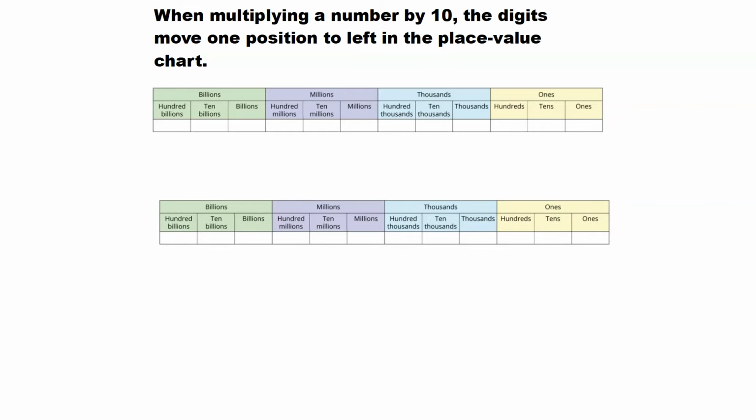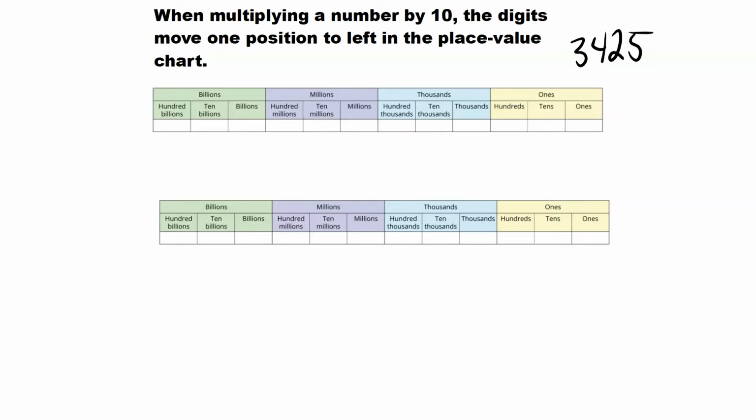Before we dig into scientific notation, we're going to recap a little bit of the things we should already know, just to make sure we're all on the right page. When multiplying a number by 10, the digits move one position to the left in the place value chart. Just to refresh our memory, we're working with familiar terminology here: millions, billions, thousands, etc. Supposing we had a number like